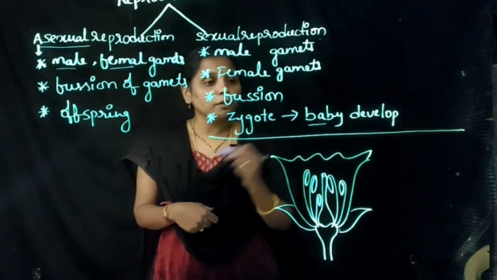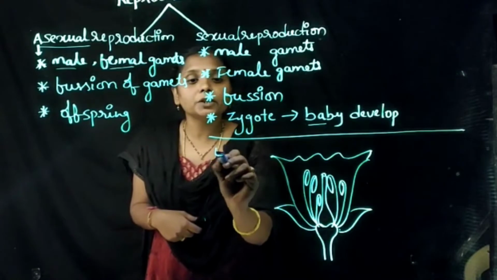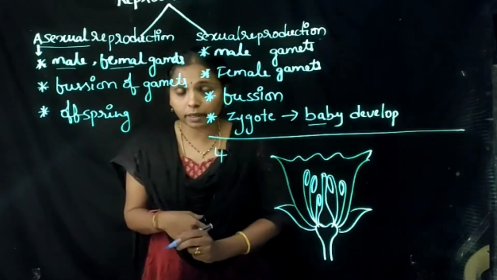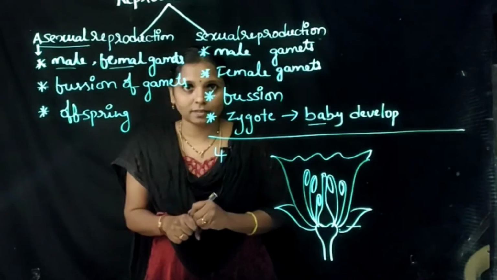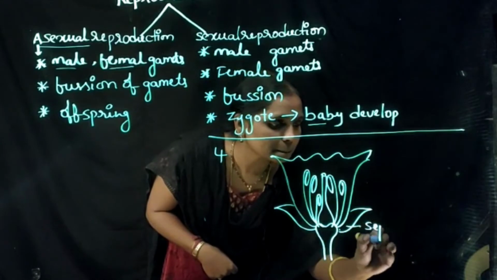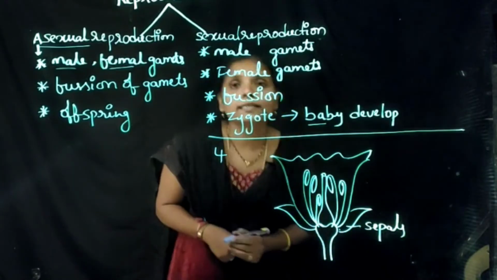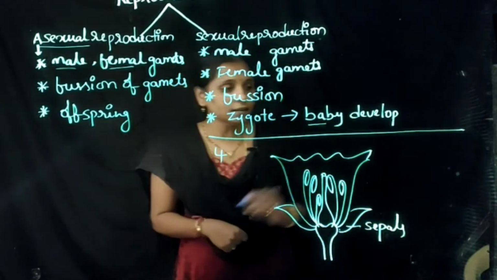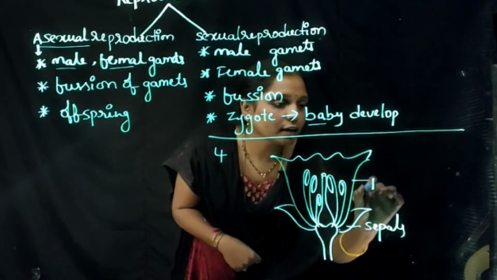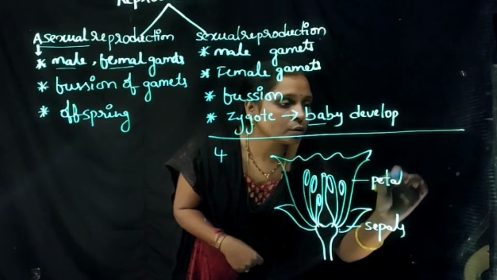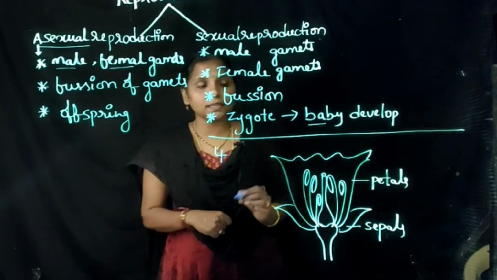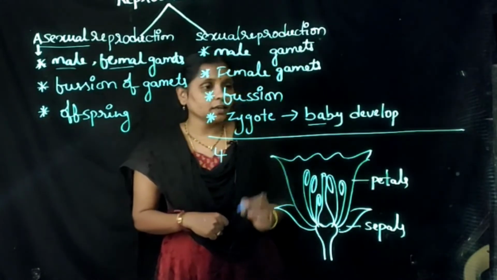In this flower we find majorly 4 parts. Major parts. What are those major 4 parts? In the flower we find here sepals. Generally sepals are in green color, and above the sepals we find petals. So in the different types of flowers, petal color is different. And next